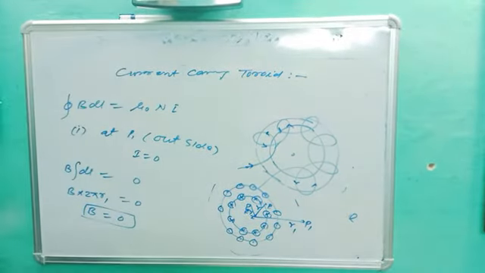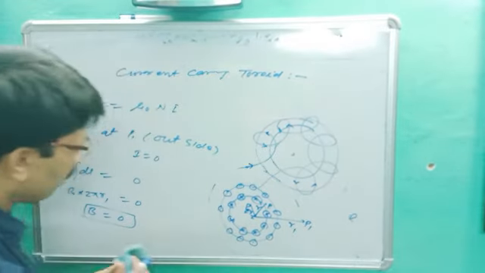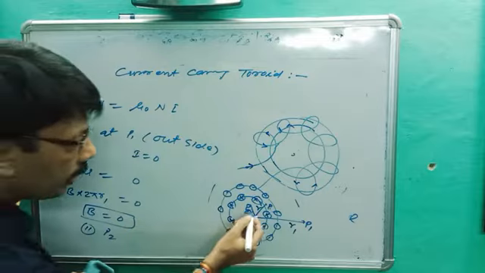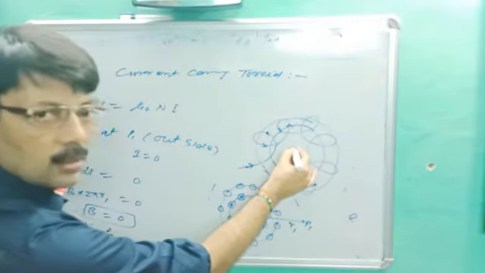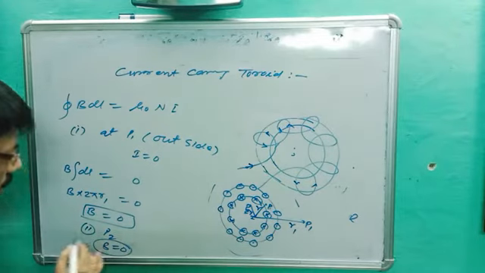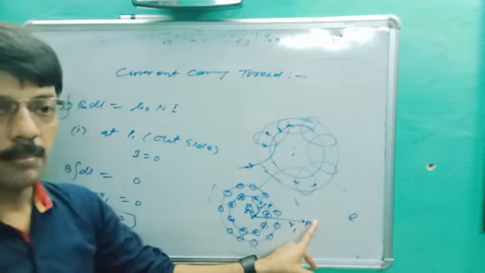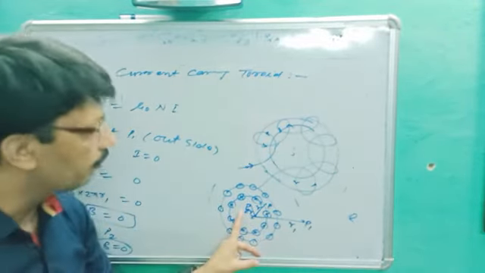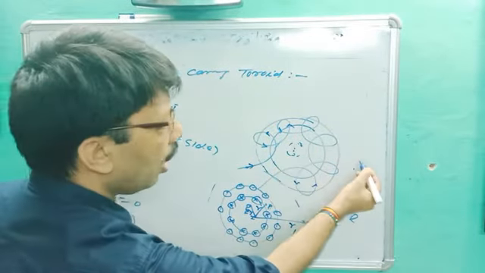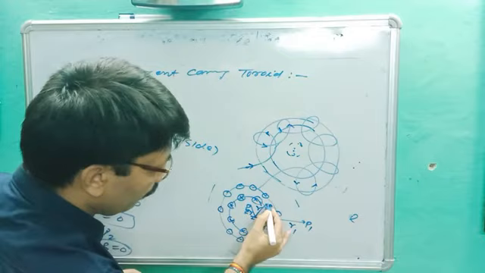Okay. Next, inside. Similarly at P2, second case, at P2, what will happen? At P2, it means inside the toroid, again magnetic field B is equal to 0. Are you getting the point? Outside magnetic field is 0, inside magnetic field is 0, because inside there is no wrapping, where inside is 0, outside is 0.